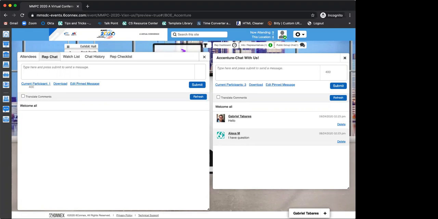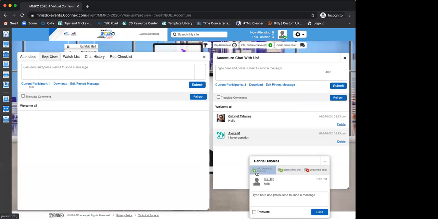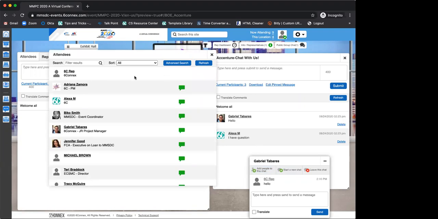For networking purposes, will all reps have access to all other attendee reps? I think it's just what I explained around this. The only thing that you are not going to be able to do is be in the one-on-ones, okay? Unless I am chatting with Gabriel and I want to bring another rep to help me or to be on this conversation, I can go ahead and add people to this chat, remember?